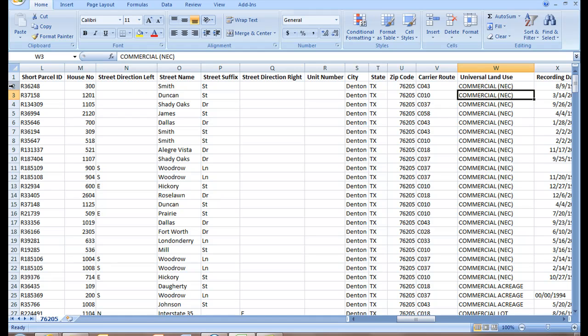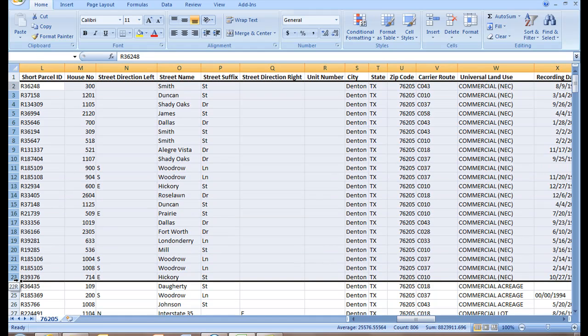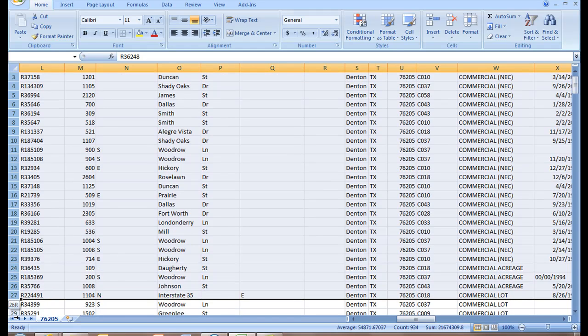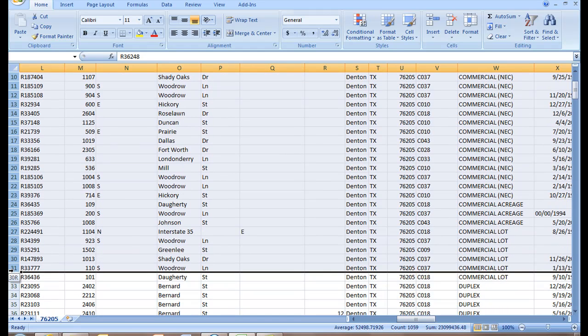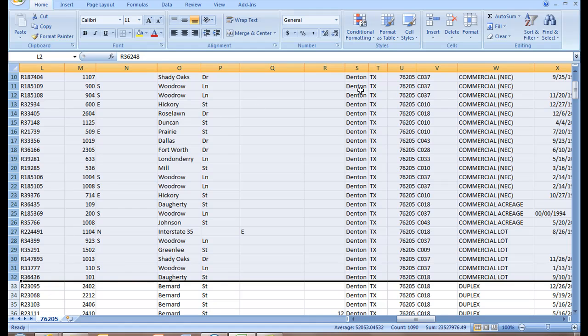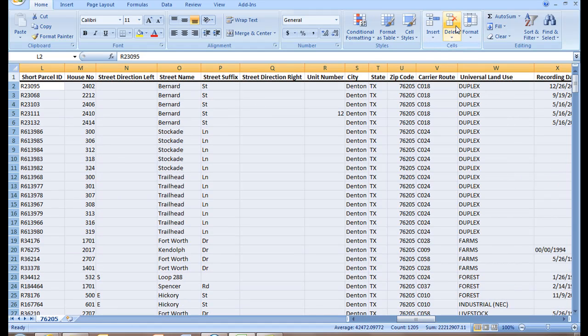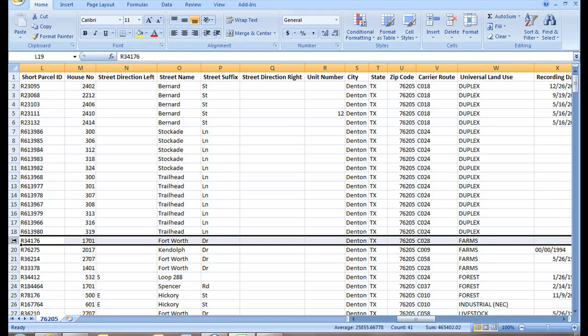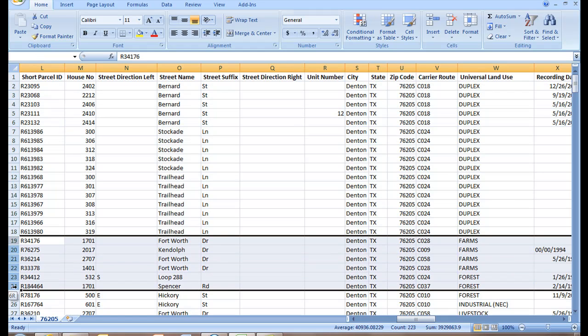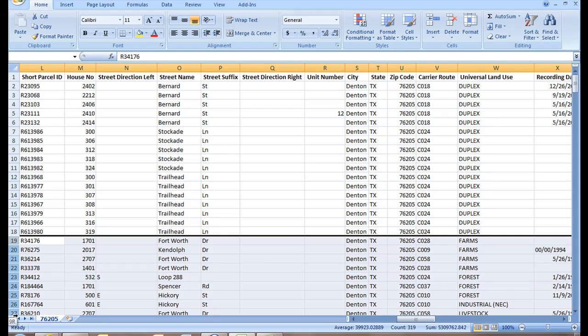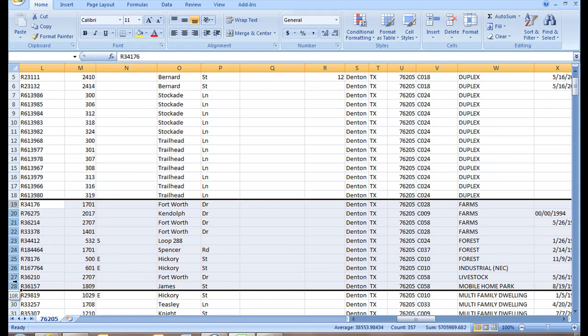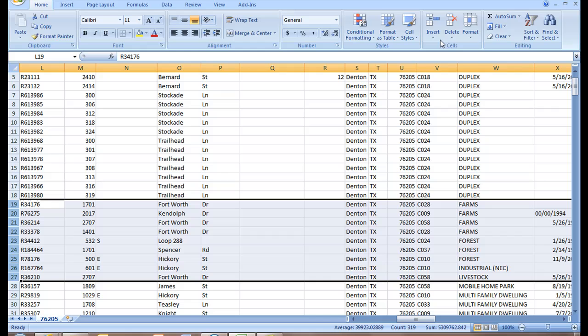Bottom line is, I want to take out all the commercial acreage, all the commercial lots, all this stuff right here, and I delete that. So just hit the delete button, and now I've got farms. Personally, I'm probably going to take out farms and forest and industrial and livestock. Okay? Then I hit delete,